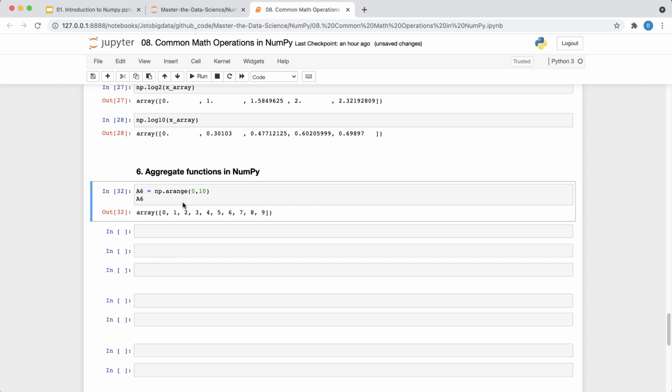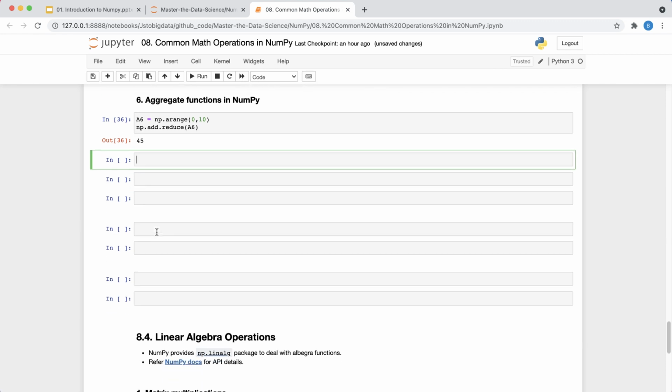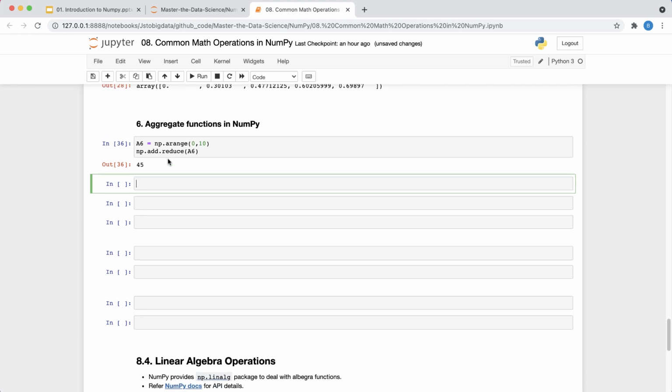Now let's say you want to calculate the sum of all the elements that are present in A6. So what you can do is call np.add.reduce, and you pass the array. Okay, fine. So that gives you the result. So you understand, right, how you can use the add.reduce function. Similarly, if you want to multiply all the elements, you can also do something like that.